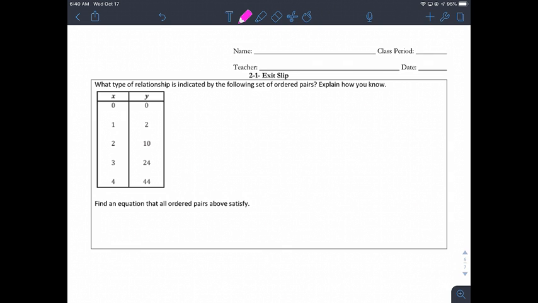So first off, we've got 2 minus 0, which is 2. We've got 10 minus 2, which is 8. We've got 24 minus 10, which is 14. And we've got 44 minus 24, which is 20. If we continue that, that's our first difference. Our second difference